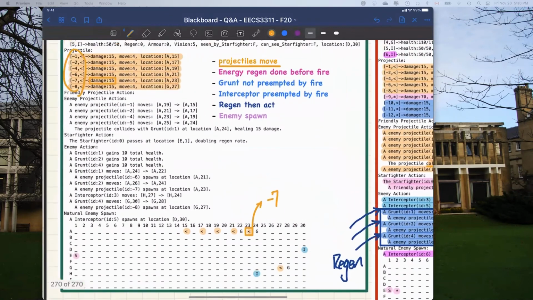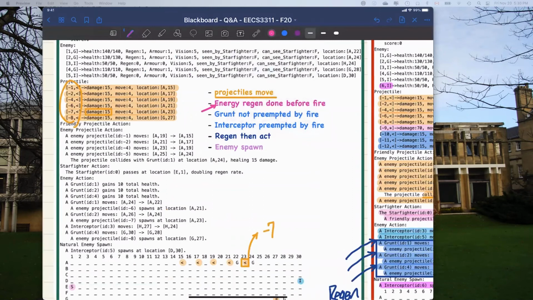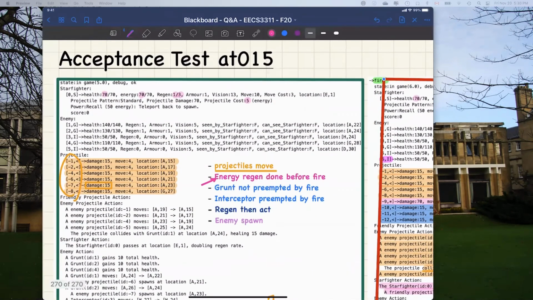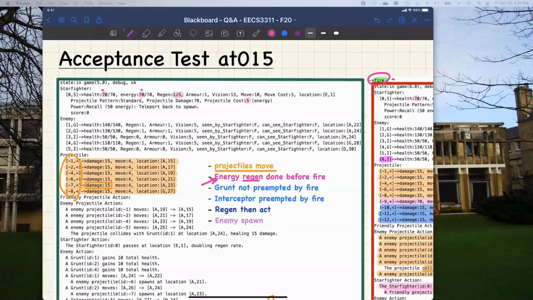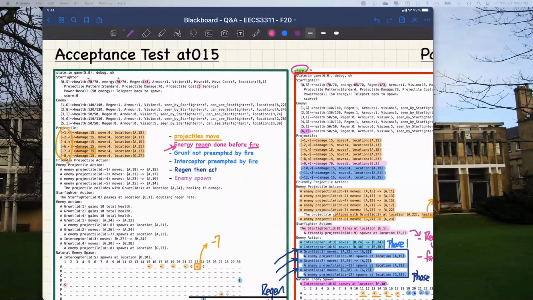Okay, and then we now move on to the Starfighter. And this time it's not pass anymore. It's actually a fire. Oh, sorry. It's actually a fire over here. So how do we do a fire? What we're going to do is, first of all, we're going to do regen. But it's simply just maximum, so it will have no effects. And then since we're going to do a fire, we're going to subtract the projectile's firing cost from the energy